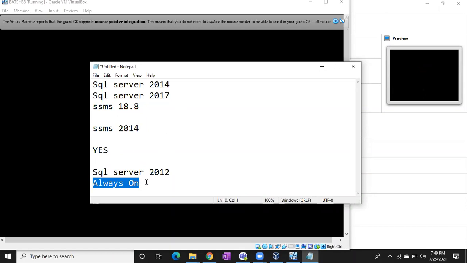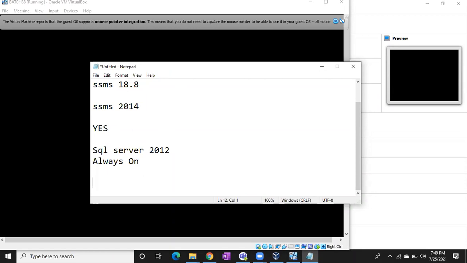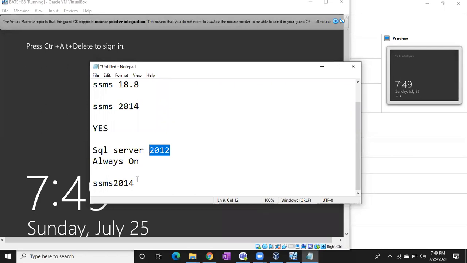Okay, so in case in my Windows server, if I have SSMS 2014, I can connect to my 2012, right? I can connect to the SQL Server 2012 instance with no issues. In this case, my SSMS 2014 is the higher version. So if you connect your lower version instance, again, listen carefully, in the higher version SSMS, no issues you are going to face.